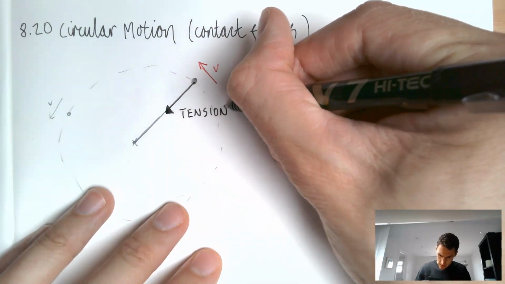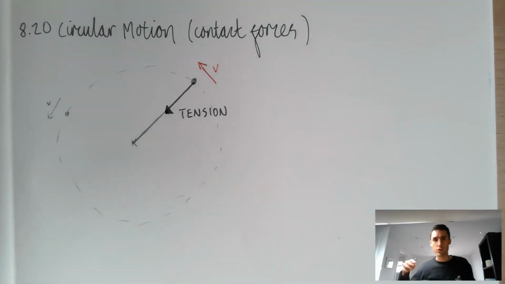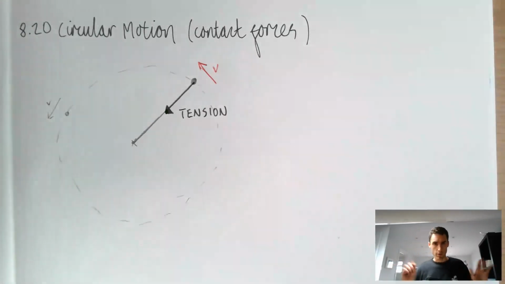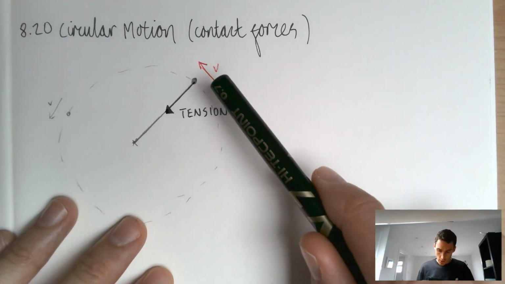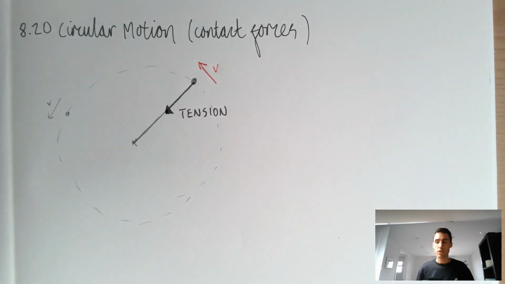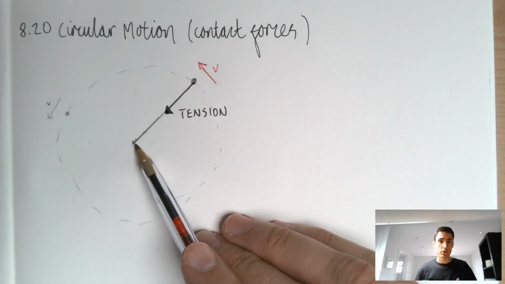So in this case, and again, we're ignoring the vertical plane and we're ignoring drag and things like that. We're given a very simplified account. The point here is that this tension is the only force that's acting on that object. So then, if you were to ask them, well, in what direction is the resultant force on this object? They should be saying to you, well, the resultant force must be acting in that direction, towards the centre of